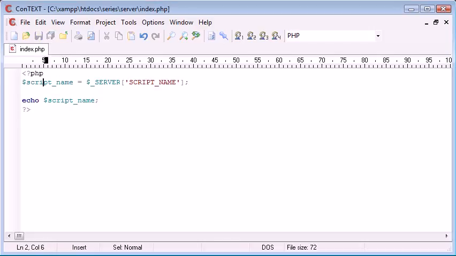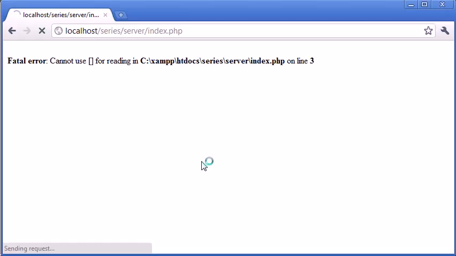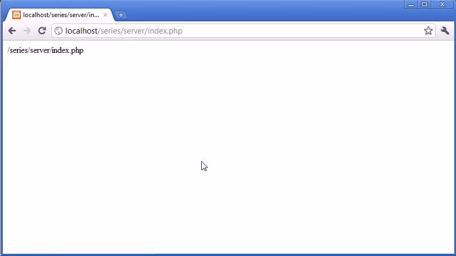So we've got the script name here and we're using the predefined server variable, and this is the environmental information that we're putting through. So we've got SCRIPT_NAME in capital letters. Now we're echoing this script name. So let's test this and see what we get. Okay, so we've got